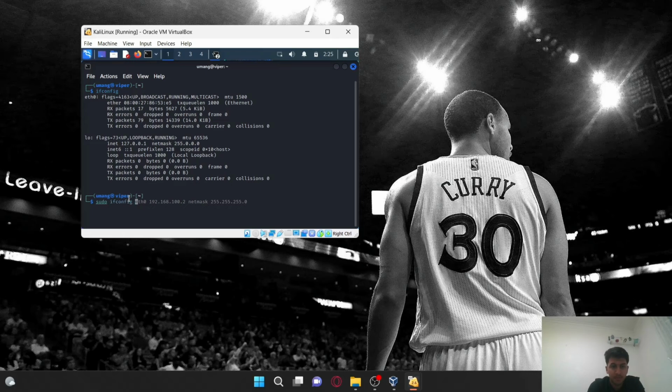Similarly for Kali, you have to type a command: sudo ifconfig eth0, then you type the new IP address that you want to give it. Suppose 192.168.100.3, and then you type netmask 255.255.255.0, and then you press enter, and now you have to enter your password.